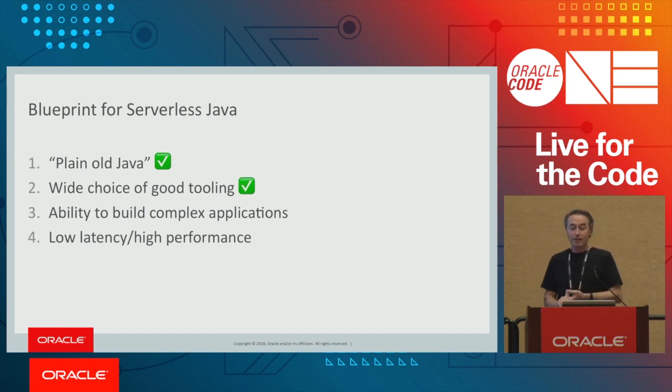So in terms of Java being suitable for functions, you saw plain old Java deployed as a function. That's good. I used Visual Studio Code with Maven. I can do whatever I want. It's Maven, right? So I can bring up NetBeans and use NetBeans, no problem. Eclipse, I can use that, no problem, right? Because it's just Maven. So now we'll get on to the question you're asking about building complicated applications.